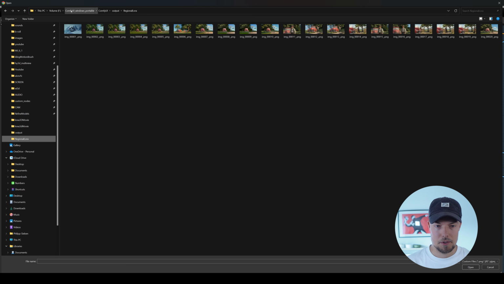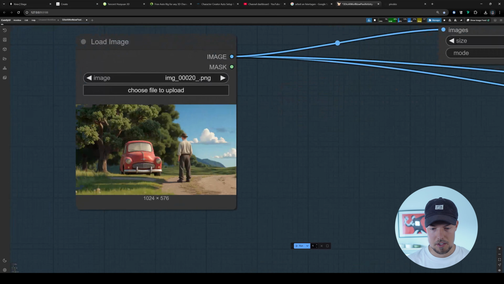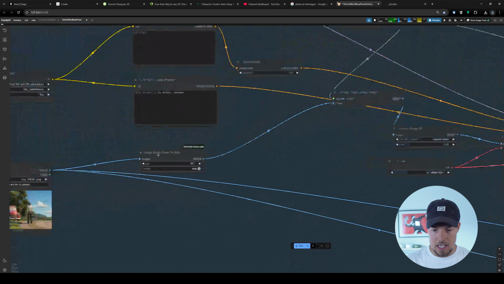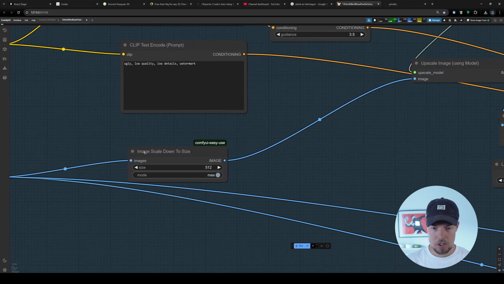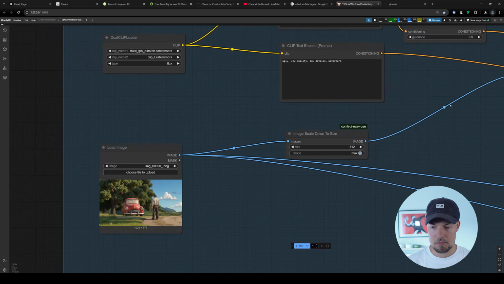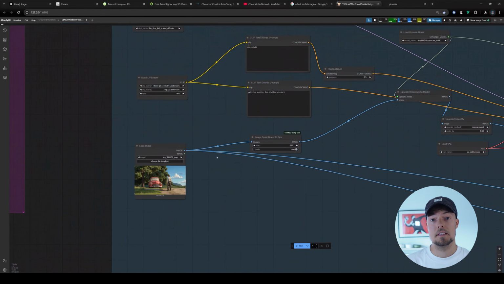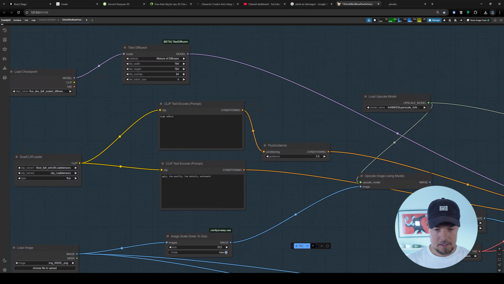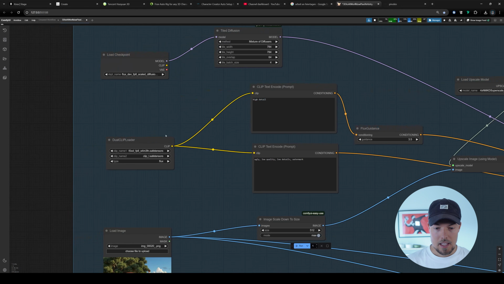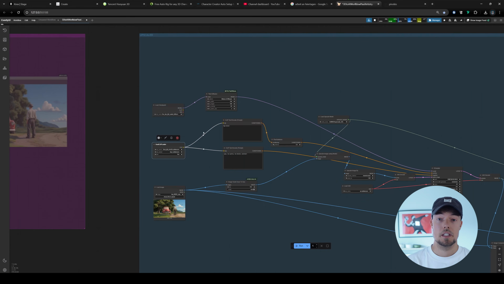I have it saved here already, but it will be under ComfyUI, output, region and LoRA. And then as you can see, we have our new generated file that we need. I put it here to 512, which gives me great results most of the time. And then it will be upscaled to a higher value such as 4K. As you can see here, I put high detail, and here as well you need to put in both clip